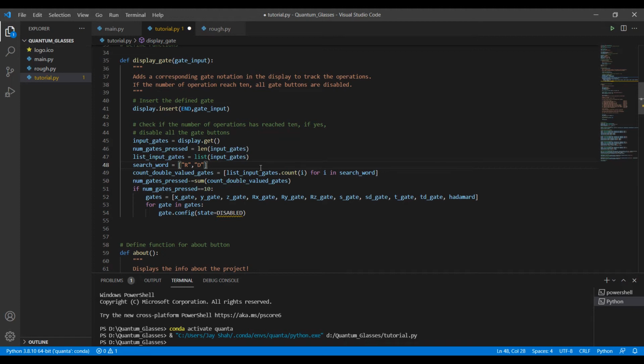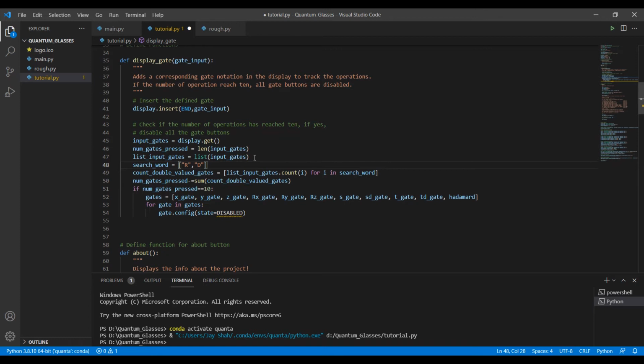So we use R so that it separates the X gate and RX gate on the screen. Now the catch is that we are trying to determine how many gates are pressed using the number of characters on the screen.